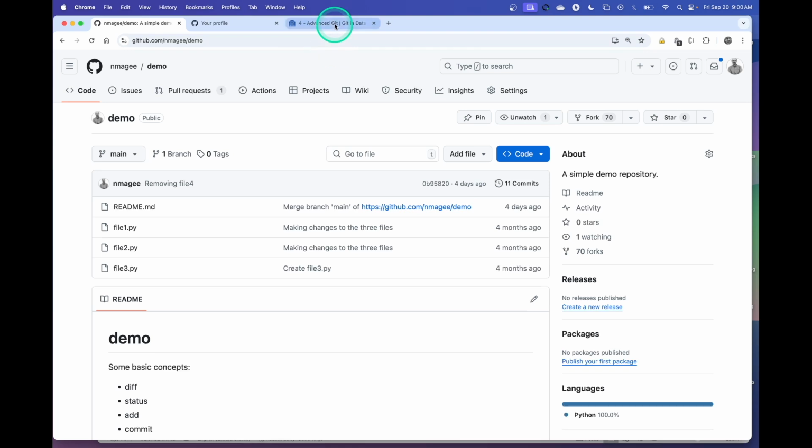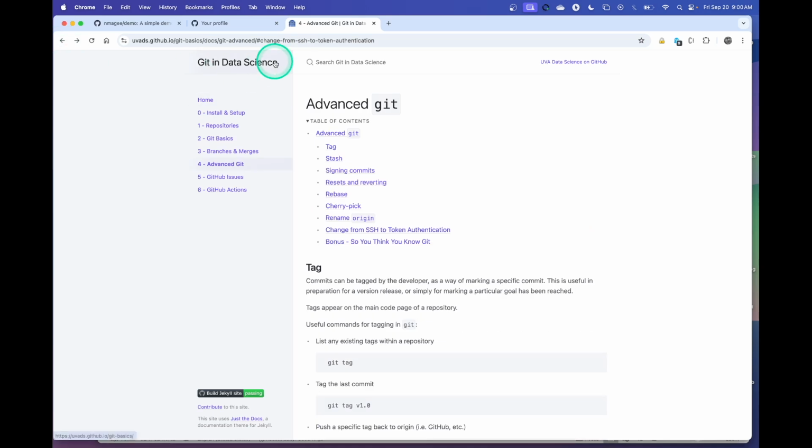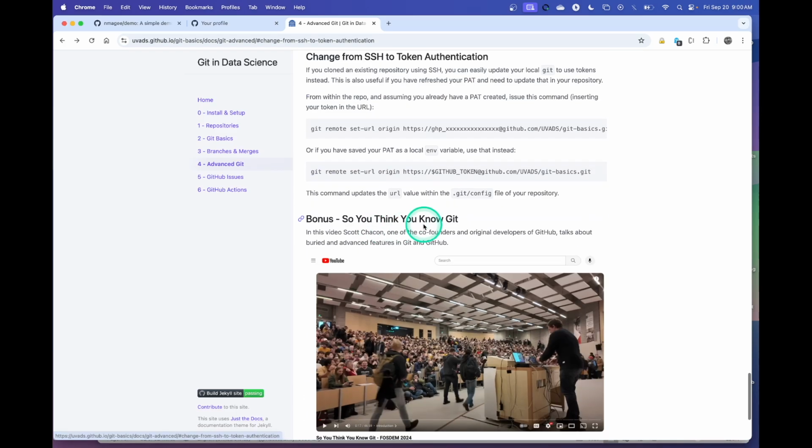And here I have a website, Git in Data Science. I'll put the URL to this in the notes for this video. Git in Data Science, and if we go back, there's an advanced page, advanced Git. And there is this note, changing SSH to token authentication. This is a topic we'll touch on in a minute, but there is this nice, handy